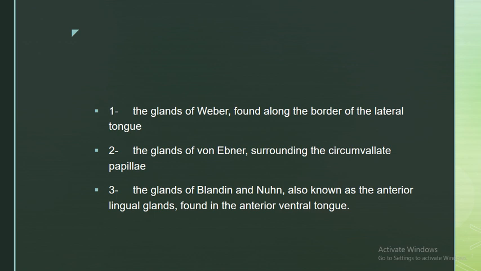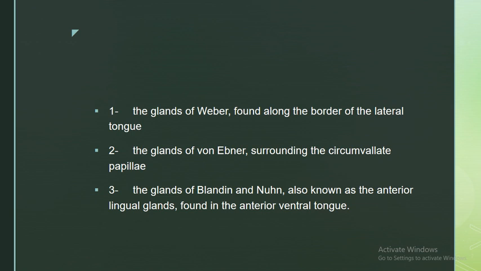You know that we have many classifications submitted for salivary glands. It's either major and minor groups of salivary glands. The major consists of three major glands: the parotid, submandibular, and the sublingual. The parotid and the submandibular glands drain into the mouth in a single long duct, while the sublingual glands drain